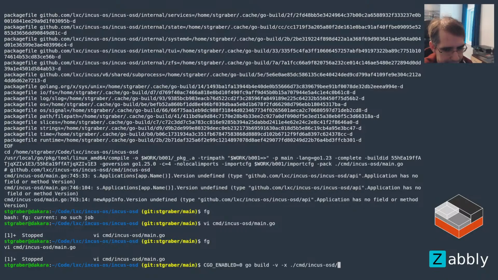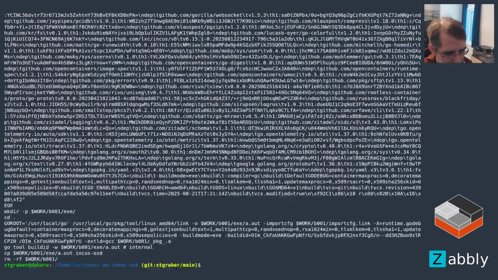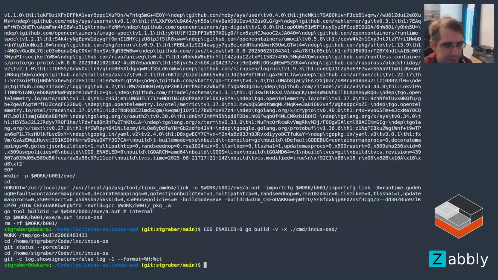Okay. So that's basically all of those. Just still an error in this one. Oh yeah, yeah. Okay, so that builds, which is good,